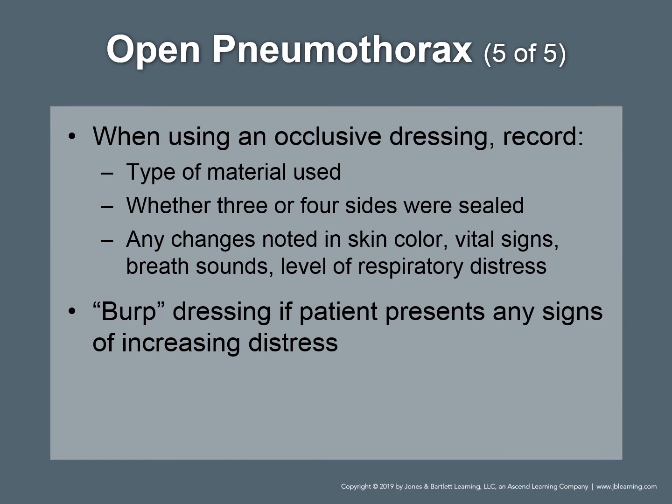So you want to make sure you document what type of material used. Did you tape 3 sides or 4 sides? If there's not a flutter valve, tape 3 sides so you can make one. If there is a flutter valve, secure it to the wound. You want to note changes in skin color, vital signs, changes in breath sounds, the same trending stuff you do for every other patient. If the patient begins having trouble breathing, make sure you burp that dressing or lift that corner up to allow the air inside the chest